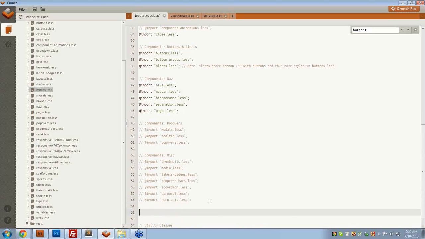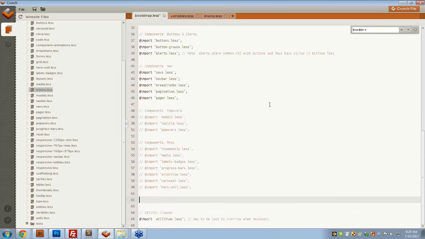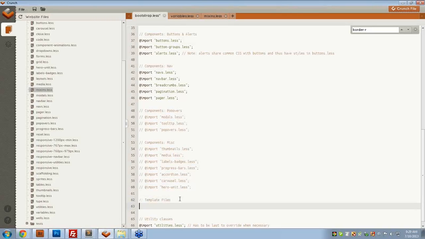Now, you're wondering where are we going to put our template files and our CSS and how are we going to do things? What I like to do is create an extra line here in the Bootstrap file. We'll call it template files. And on this template files, we are going to, hold on here, put it up here. I'm just pulling something on my other screen, something popped up. I have to apologize for that. I'm going to import a file called template.less,